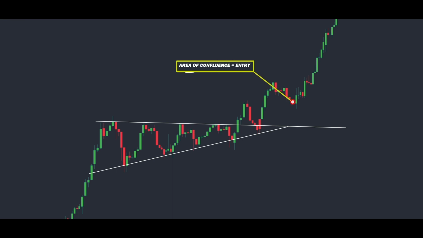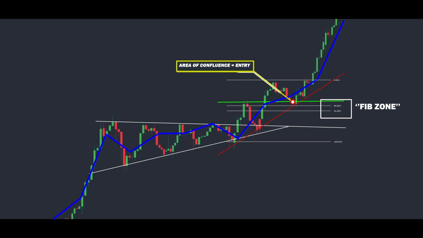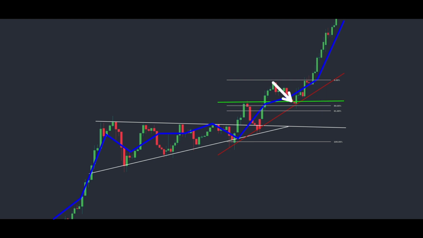Then you have your area of confluence here, where the trend line, new support level that recently formed, the moving average, and the fib level all crossed. As price came back down to this level, you have multiple perfect long wick candles reacting to the area of confluence. So after you have the candles reacting to the area of confluence, you need to look inside of the candles and inside of this area to find price action that signals a trend change from a downtrend to an